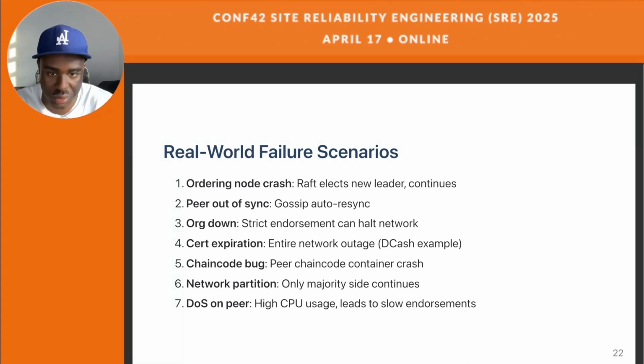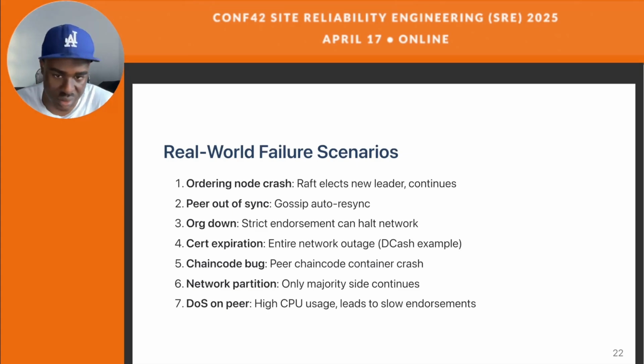Certificate expiration. I think a famous case of this is what happened with Sticker on PBDC when it went down for a while. When I worked at Gala, the chain was also based on Hyperledger Fabric. There are some instances where certificate expiration was a big issue. Sometimes too, things like chaincode bugs, like a container can panic, but other peers continue, so there's partial continuity. Network partition: